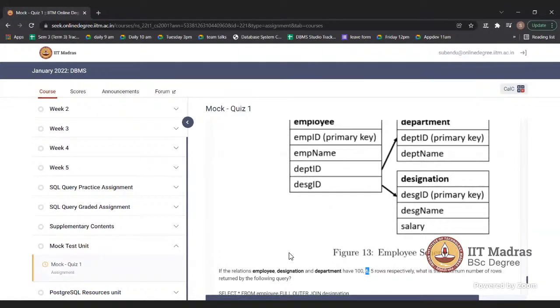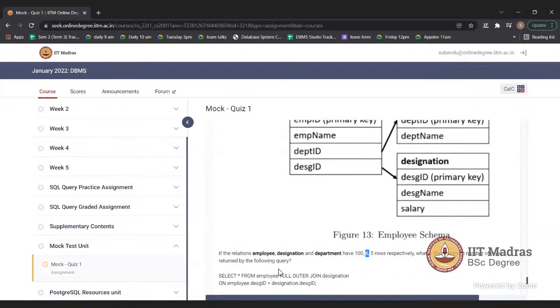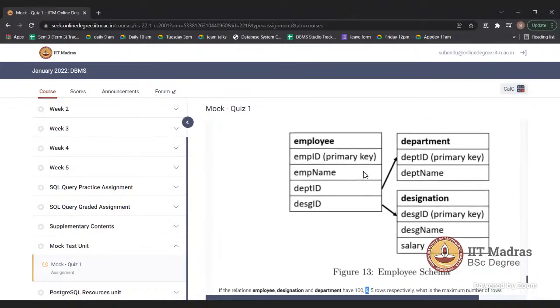Okay, let me share my screen. Sir, full outer join means both tables' attributes will be there. Suppose designation ID contains 1, 2, 3, 4, 5, 6 and the employee designation ID is all ones, meaning 100 rows contain ones.